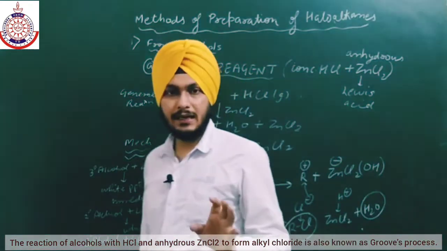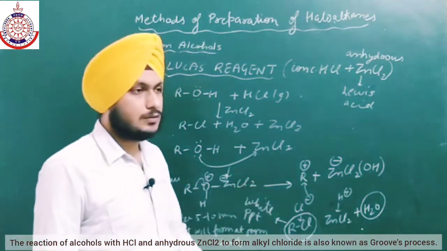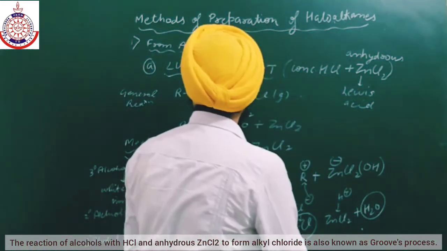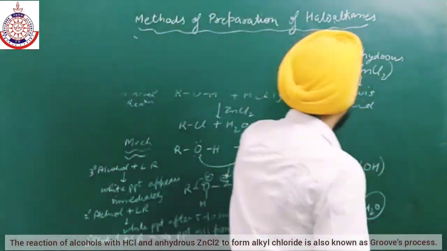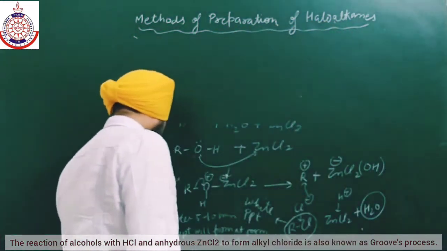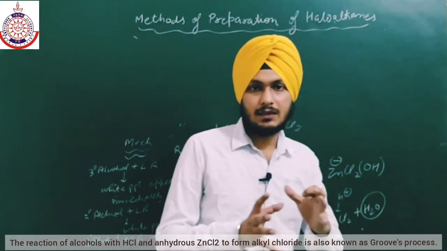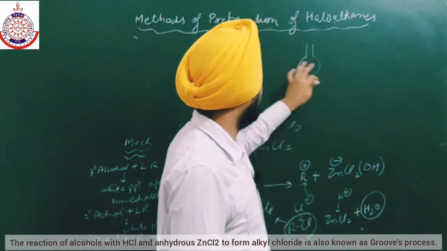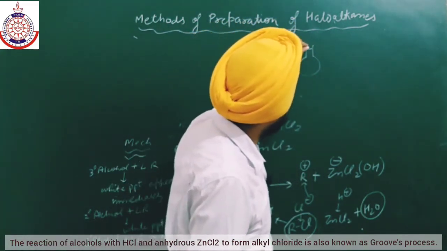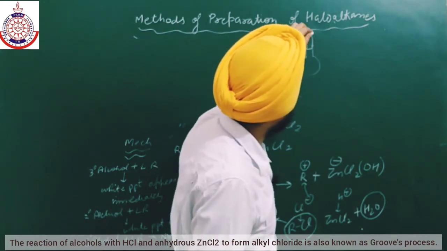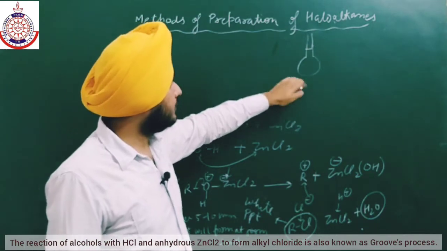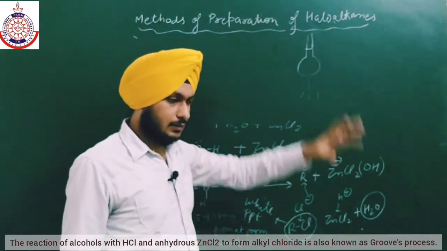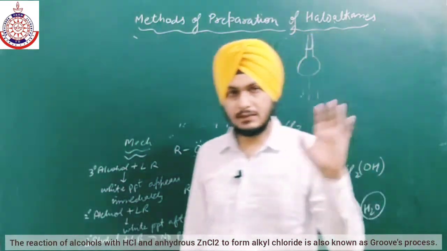Now HBr and HI will also form alkyl halides by refluxing. And now what is refluxing? Refluxing is evaporation followed by condensation. We will take the whole mixture in a round bottom flask. Round bottom flask is like this, and we will set our condenser. ठीक है, यहाँ पे एक कंडेंसर बनाएंगे, and now we will supply some amount of heat, and the whole mixture will get evaporated, and then with the help of condenser it will again condense.